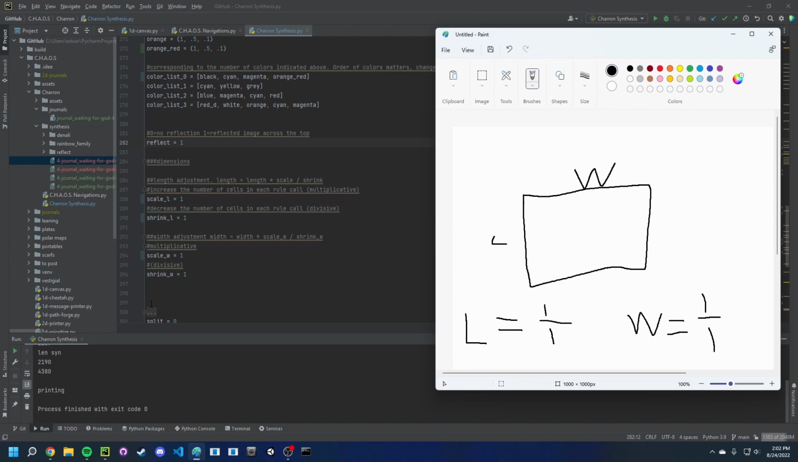So, if we wanted it to be wider, we would increase the scale. So let's say we wanted the